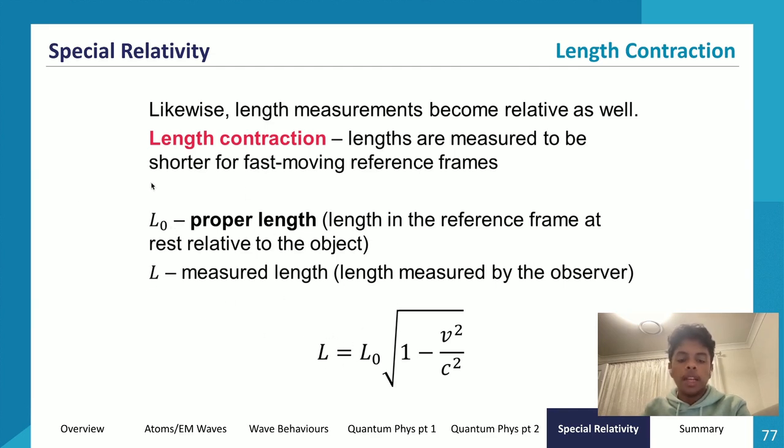So if I'm in the cube moving at 0.5 c, and I measure the cube to have a side length of, for example, 2 meters, then proper length will be 2 meters. And someone from the outside world will measure the length of that cube to be 2 times the root of 1 minus 0.5 c squared divided by 1 c squared. That'll be about 1 meter. So if I'm moving at 0.5 c, someone from the outside world would measure the length of my cube to be 1 meter, even though the actual length of my cube is 2 meters. So that's how length contraction works.